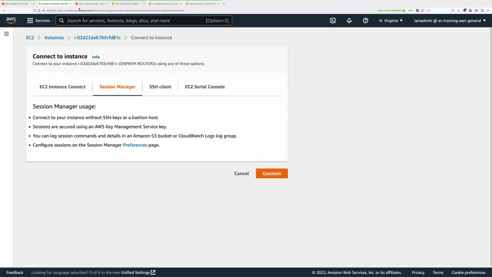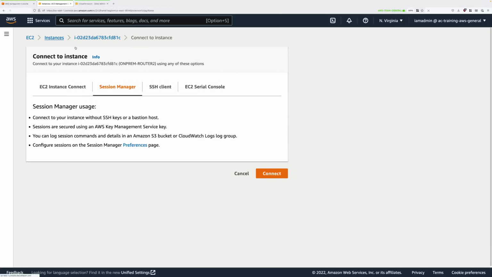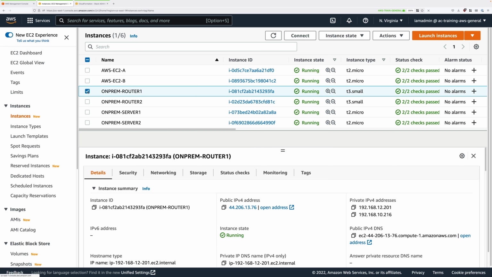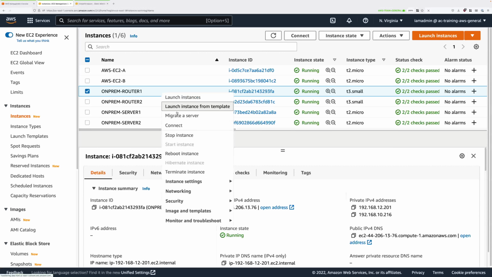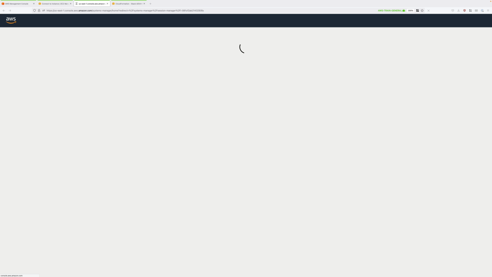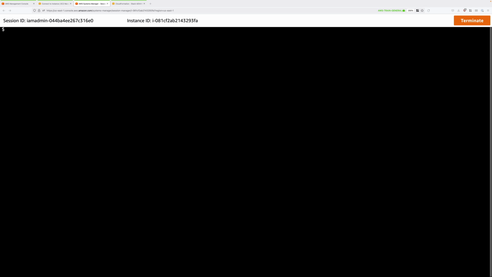So all I've done is I've closed down all of the tabs that we used during the previous stage of this demo, and just to confirm, in this stage of the demo series you're going to utilise the IPsec tunnels that you configured in the previous stage and configure BGP to work across those tunnels and exchange routing information with AWS. Now we need to do this process on both routers, so select on-prem-router 1, right-click, connect, click Session Manager, and then connect. Now again, all of the commands that you'll need for this stage of the demo are contained in the instructions attached to this video.